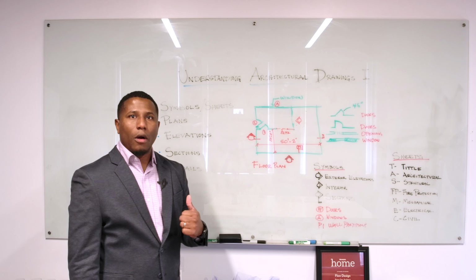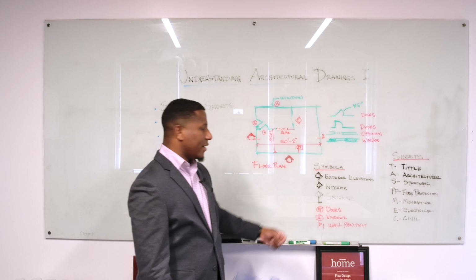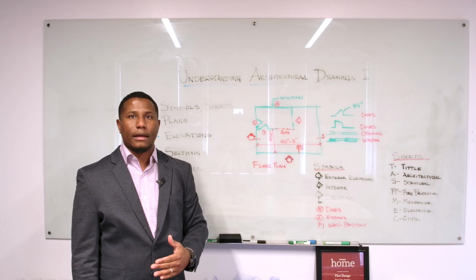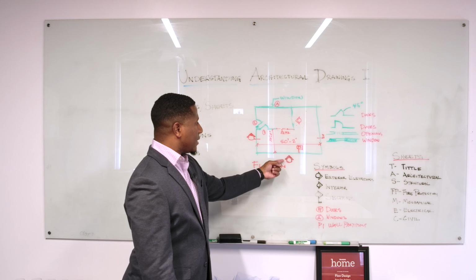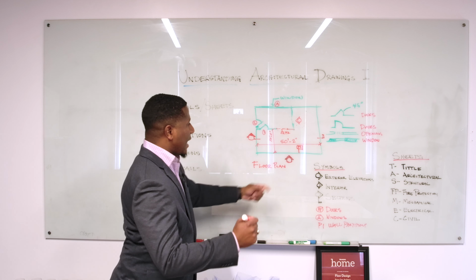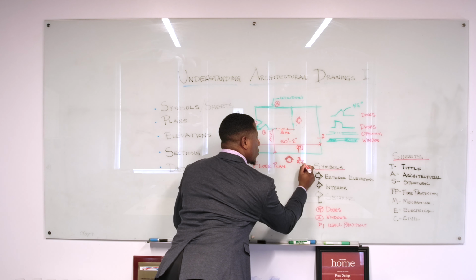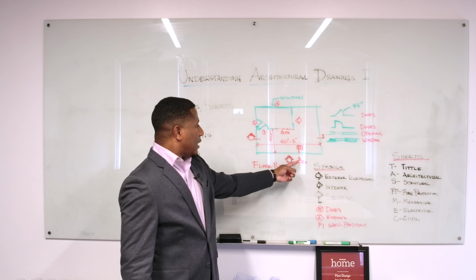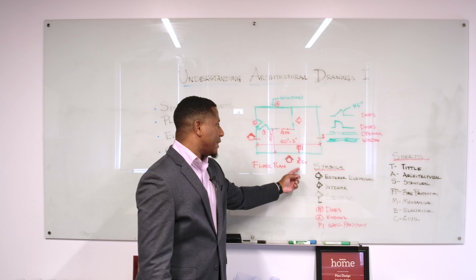Another symbol that I want you guys to understand is the symbol of exterior elevations. Typically, exterior elevation symbols are located outside the floor plan within your building. So when you see a symbol like this or similar, and typically they have numbers, let's say 3 on a 200. When you see a symbol and you see a number in typically a title like A200, that means that